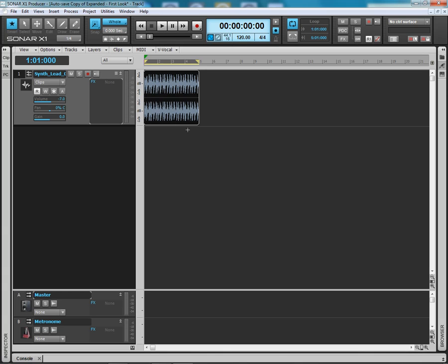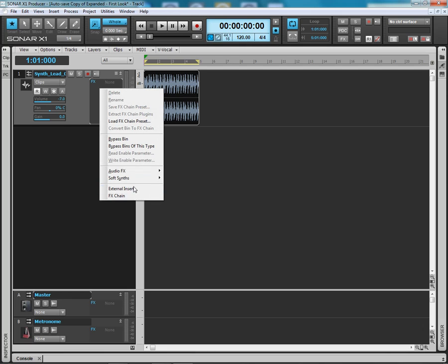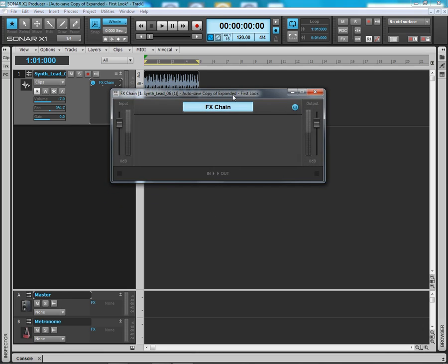So I've got it looped, and we're just going to go over the saturation knob, and one of my favourite additions to Expanded is the new effects chain that they've incorporated. I was really excited to get my teeth into that and find out what kind of effects and sounds I could produce from it. So we're going to delve into the effects chain first, because I don't think I can hold back my anticipation. To do it, right click in the effects window and click on effects chain, and you'll notice immediately that